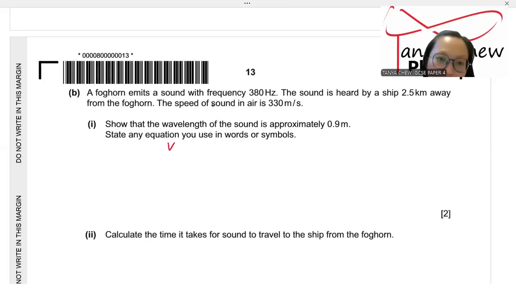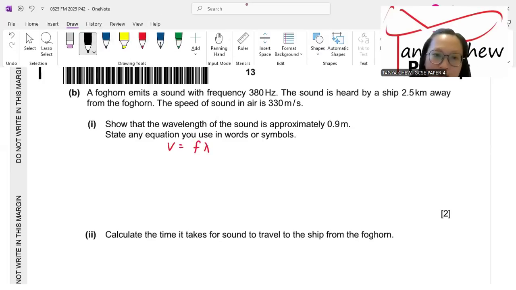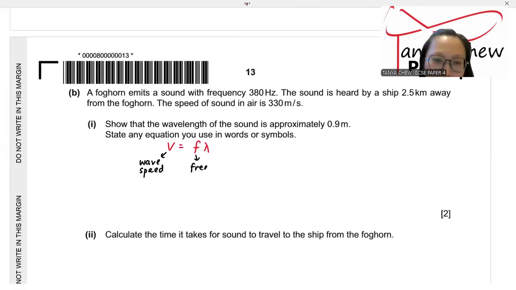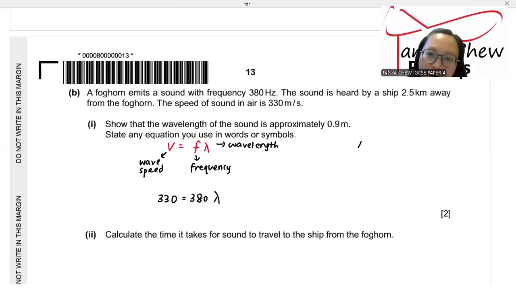So I'm going to use v = fλ. This is the equation of wave speed. This is wave speed, this is frequency, and this is the wavelength. Now, wave speed is given as 330, frequency is 380, and lambda is the wavelength. So to find the wavelength is 330 divided by 380, and I got